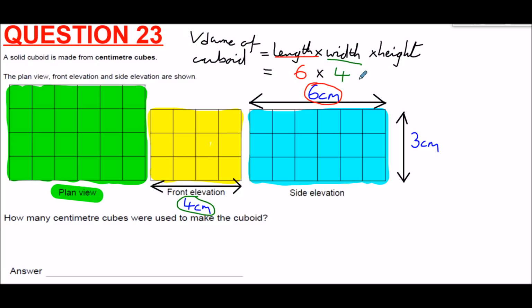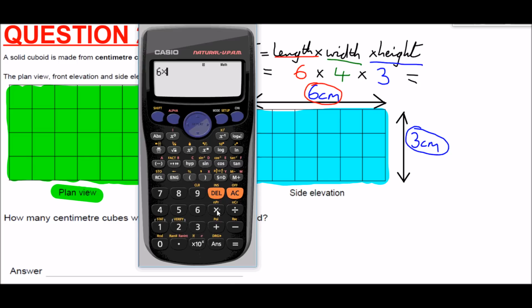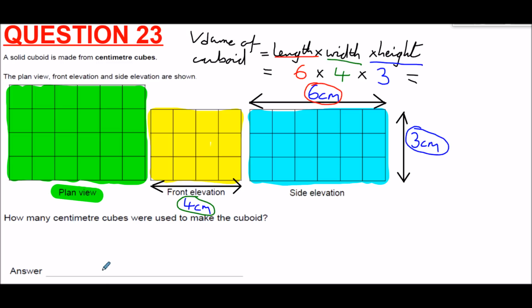Then multiplied by the height, which is 3 centimetres. So 6 times 4 times 3 would give us 72. So the answer to this one, how big is its volume, is 72 cm cubed. So 72 cubes must have been made